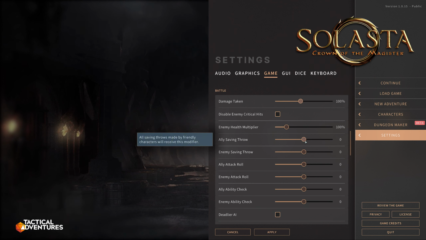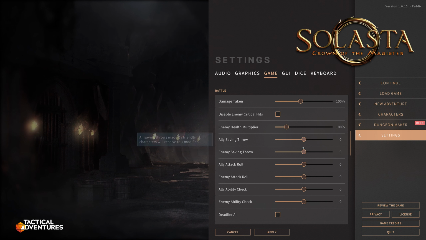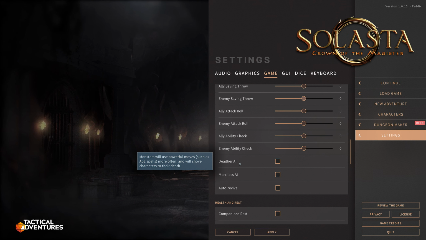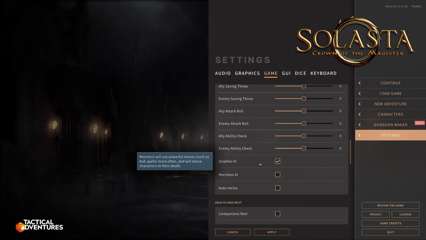And here you can see if you want to boost or, what's the opposite of boost? Debuff. If you want to debuff your enemies, you can bring down their saving throws or increase their saving throws to make them tougher. I'm going to leave all of that neutral. Deadlier AI. Monsters use powerful moves such as AoE spells more often and will shove characters to their death. Yeah, I think creatures should act in the way that they would act if they were real, so I'll take